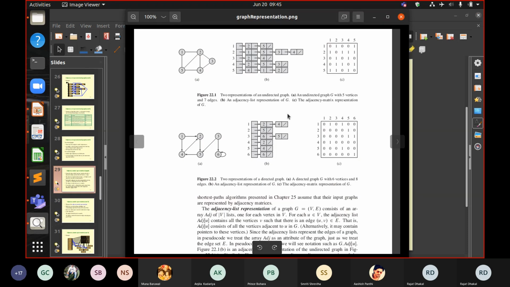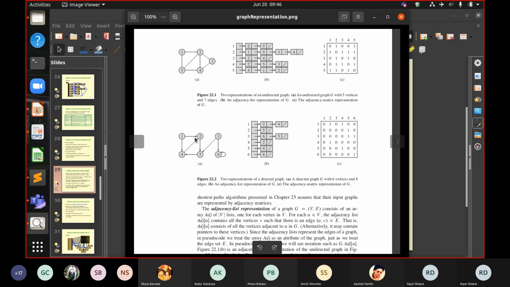So 1 and 2 means there is a connection. Let's say 0 is false and 1 is true. If you have a 1 in this matrix at position 1 and 2, that means there is an edge, a connection between node 1 and node 2, or 1 and 2 are neighbors because they are connected through an edge. So that is for an undirected graph. And in the case of a directed graph, you can see only the out edges.